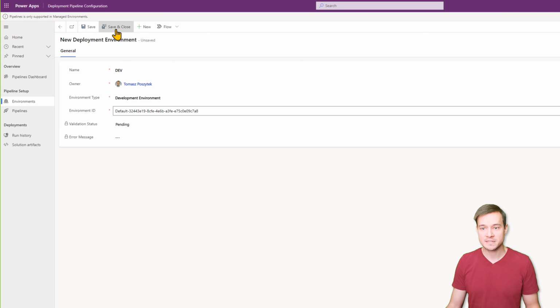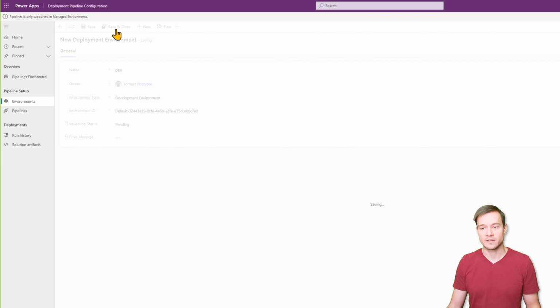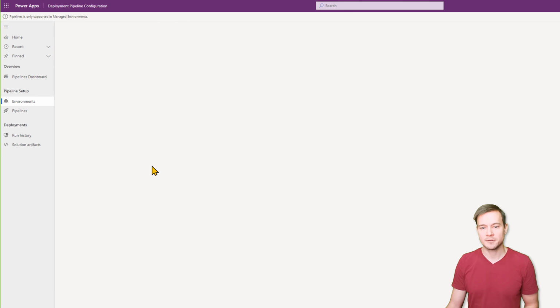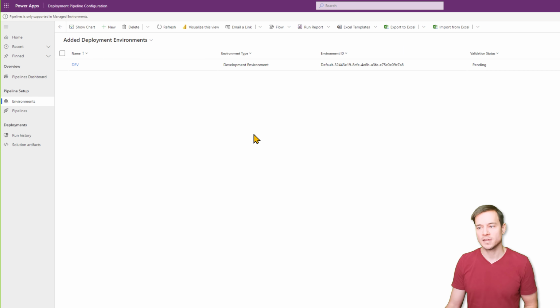and then add it to the app. And well, that's basically it. So right now you hit save and close. And what is now going to happen is that the application is going to check if this environment can be added to the application. So if it's in the same environment that the pipeline host is created,